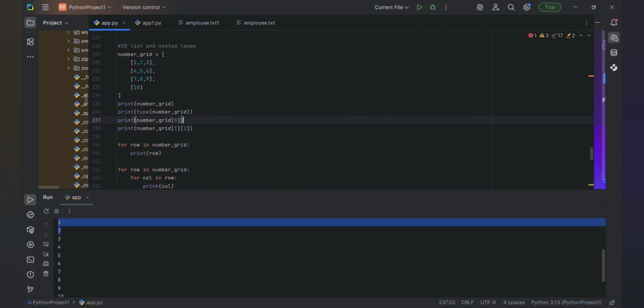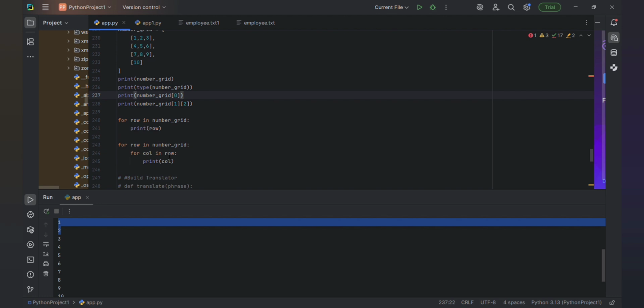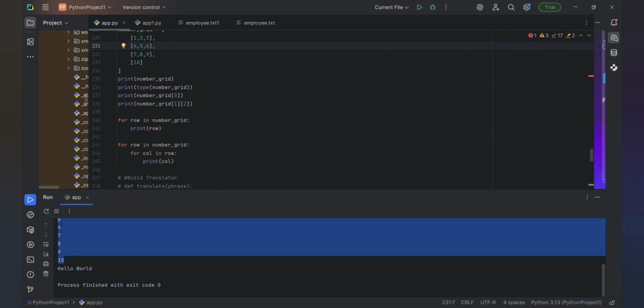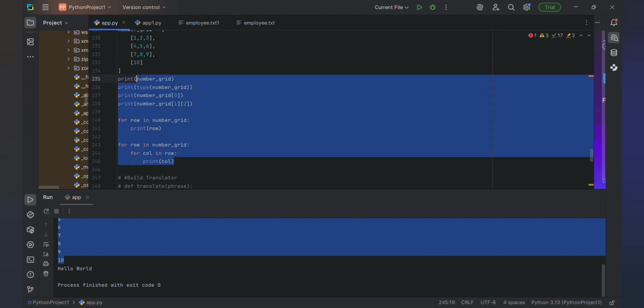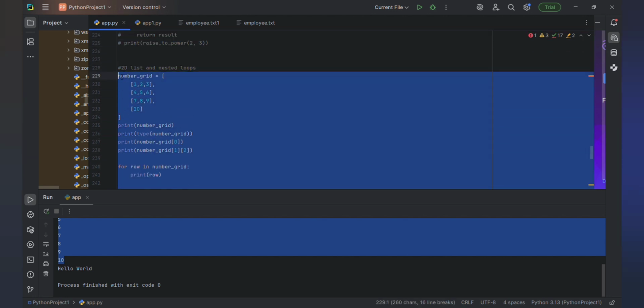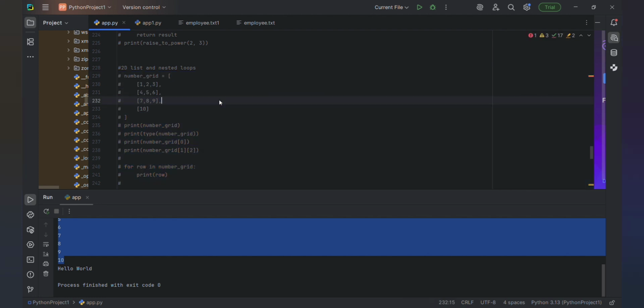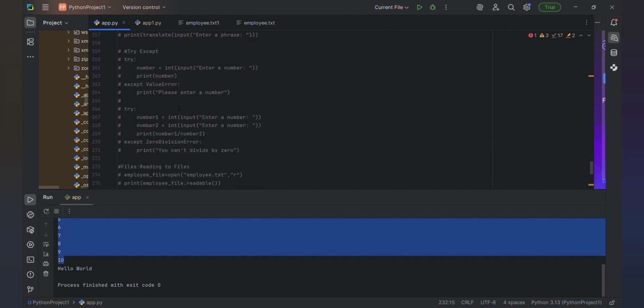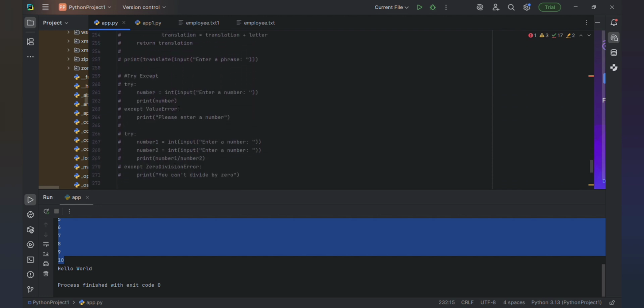Like that, zeroth row first column, zeroth row second column, again the row will increment by 1, and first row zeroth column, like that 4 5 6 up to 10, it will print individual elements like this. This is the nested for loop and two-dimensional list. So if they ask whether we can use a two-dimensional list in Python, you can say yes, and nested loops also you can say yes. Nested loop means loops under loop.